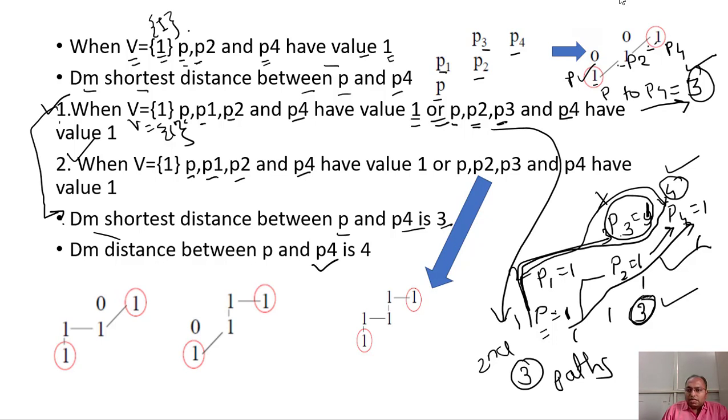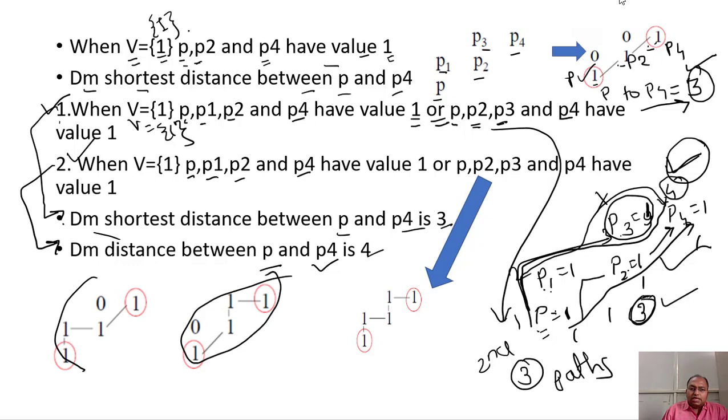And if I am going to talk about this one, so P1, then P2 and P4, whenever I select this path, it has a path value of 4. So the distance between P and P4 in this case will have a path value of 4. I hope with this example you understood it very well. Is that fine? Over here also they have mentioned it. So this is nothing but the first condition.